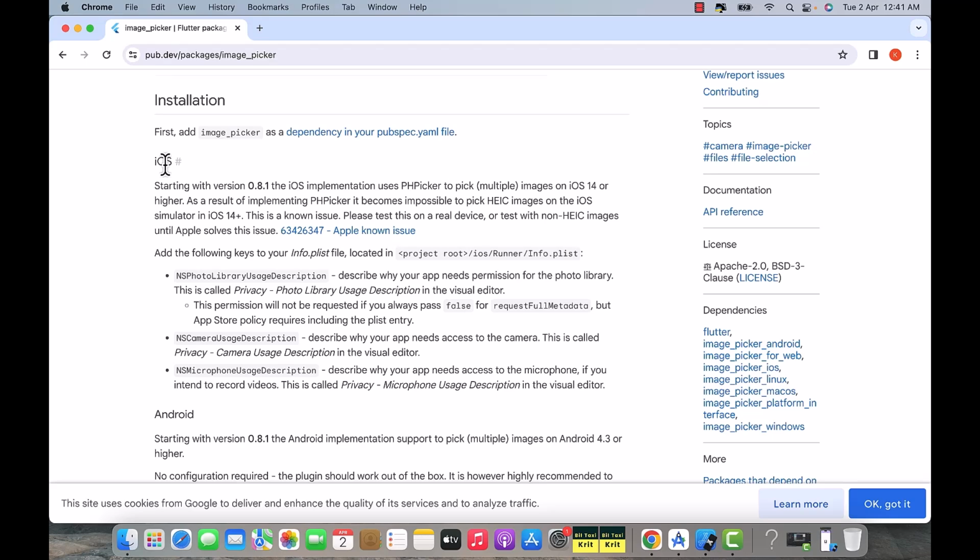So for using this library, we need to add a few permissions inside our application. So basically we are going to show the user a dialog that our application wants to access the gallery or the camera. And if the user allows those permissions, only then this library will help us to choose or capture images inside Flutter. So to add those permissions, we need to add some key string pairs inside our iOS